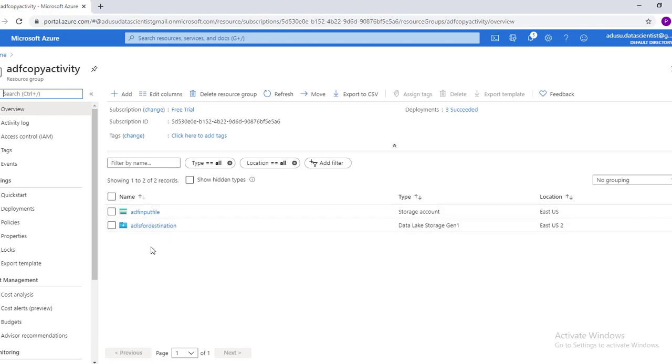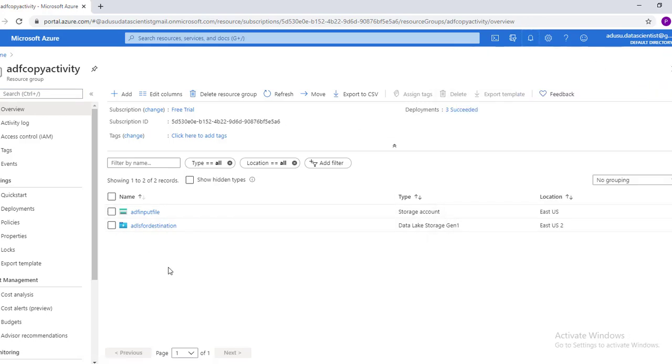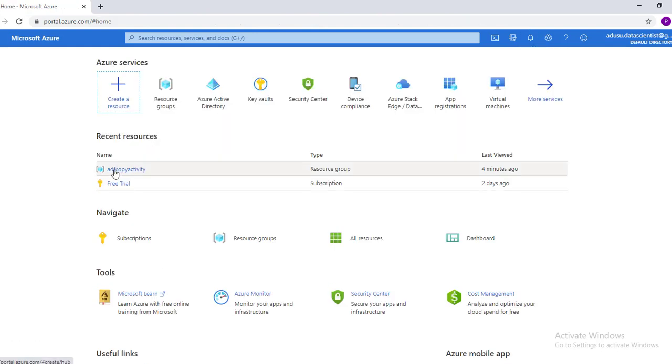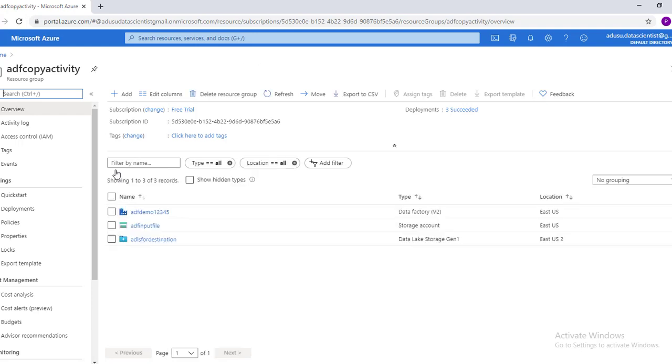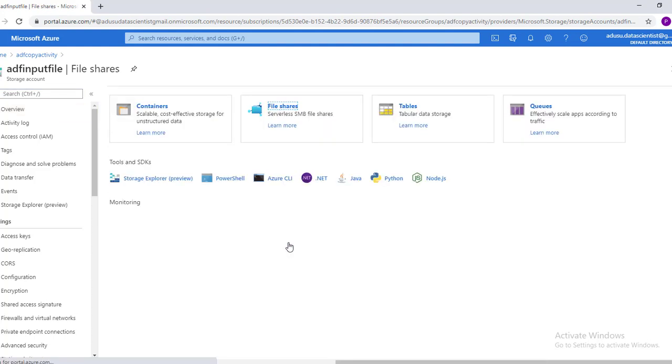In this resource group, these are the resources, and let's add an input folder in the storage account which we will be moving to Data Lake Store with the help of Data Factory. Click on file share.